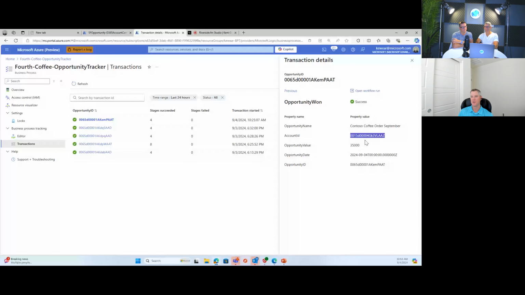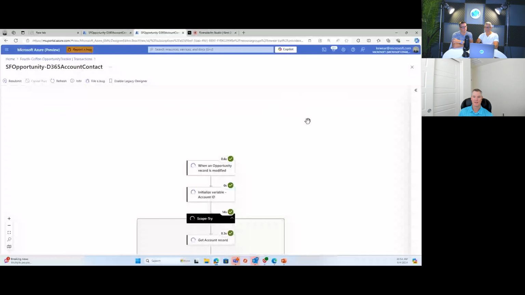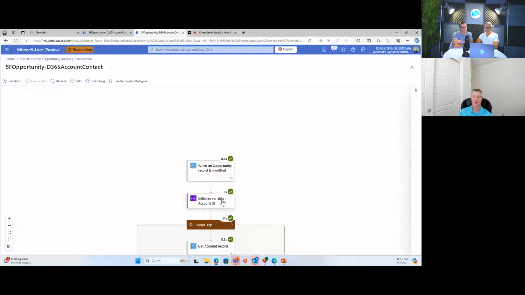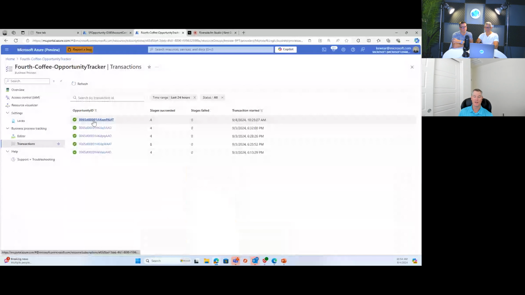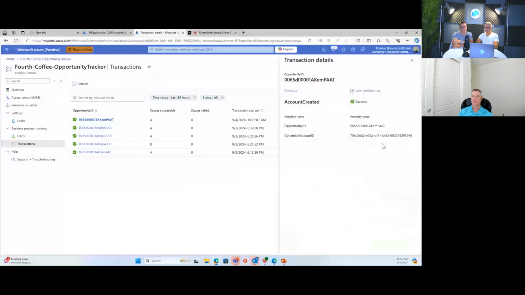This is something that's new that I really appreciate, and that's, okay, great, this is sort of the business view, but how do I get to the technical view? So we now have this launchpad that will take us right to that execution. So if you need to do further troubleshooting, you can go ahead and do that. That's a nice little touch that we recently added that I'm a big fan of. The other thing is, oh, sorry, go ahead. No, I was just saying that really is, that makes it a lot easier.